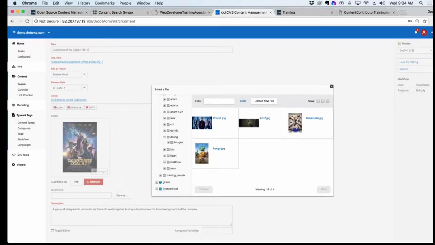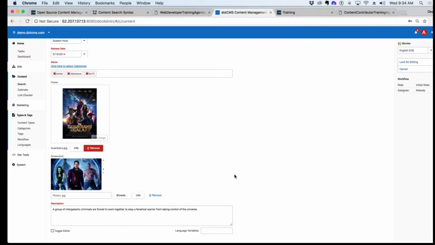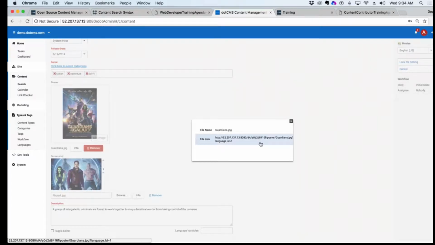And save and publish. Okay, so now I've uploaded it to the folder. Now to connect it to the content, after I've uploaded it to the folder using this window, I click on photo 1 there, and then it adds it, right? But if you look at the pathing to these two files, if I click on info, this is giving me a shorty URL,